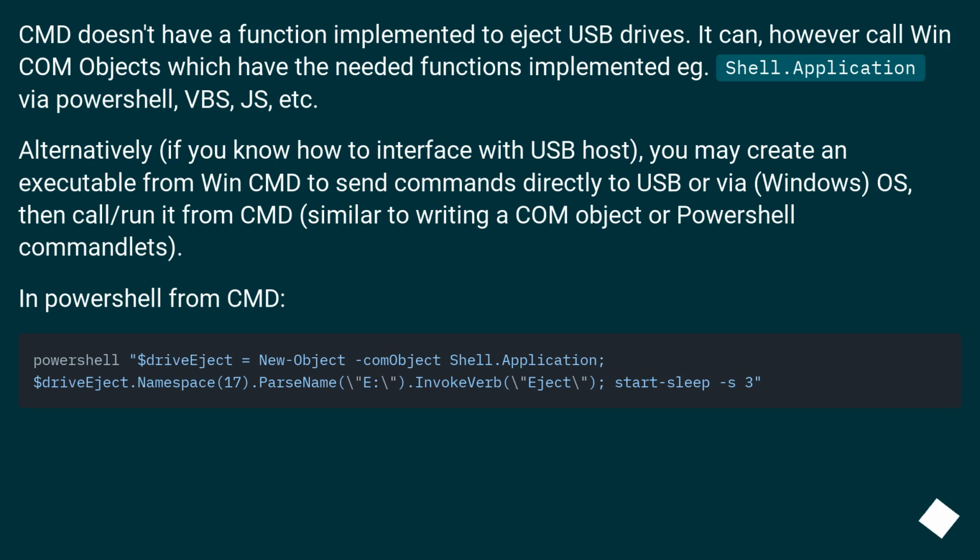cmd doesn't have a function implemented to eject USB drives. It can, however, call COM objects which have the needed functions implemented, e.g., Shell.Application, via PowerShell, VBS, JS, etc. Alternatively, if you know how to interface with the USB host, you may create an executable to send commands directly to USB or via the Windows OS, then call it from cmd, similar to writing a COM object or PowerShell cmdlets. In PowerShell from cmd,